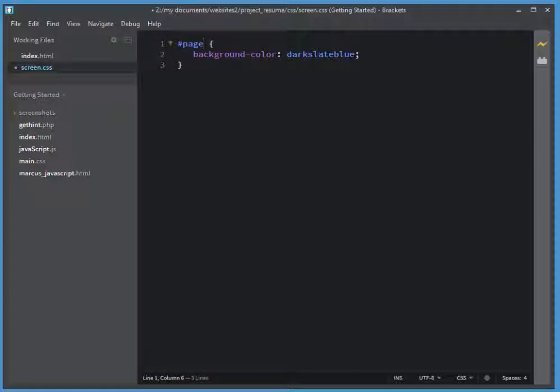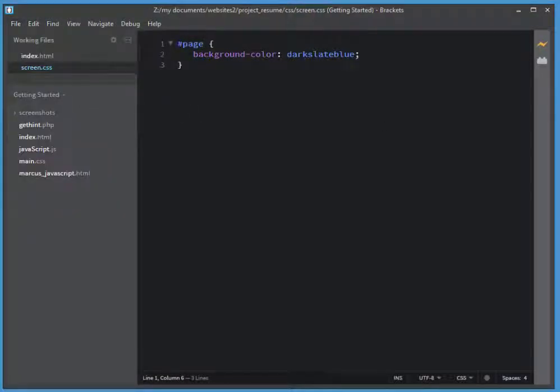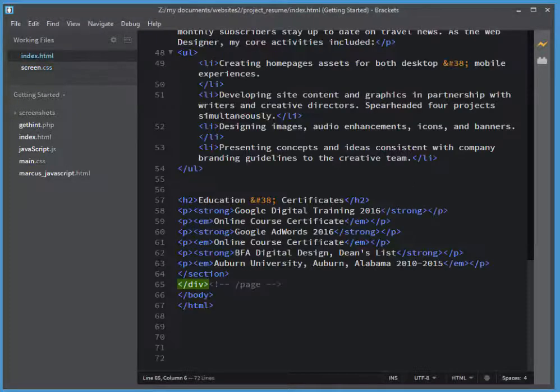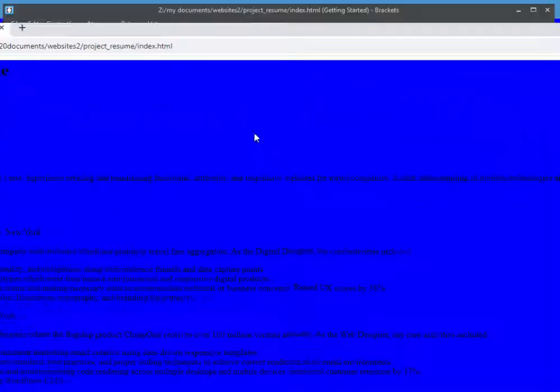So basically anything with the ID page, any element with the ID page, and again we're only supposed to have one, will be that color. So I'll save that and refresh. So now we see that the entire page,